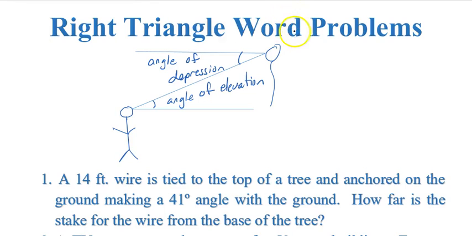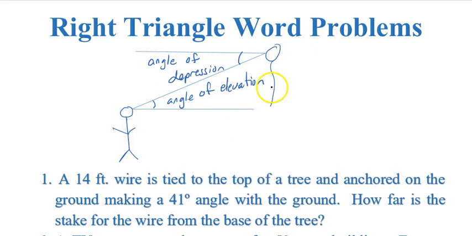This lesson is on right triangle word problems. So all these word problems will be dealing with right triangles, and we'll be using things like sine, cosine, and tangent to figure them out. The first thing I want you to remember, I've drawn a nice picture of a stick figure and a balloon,